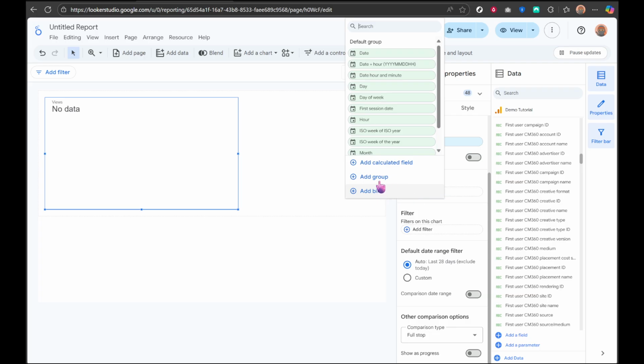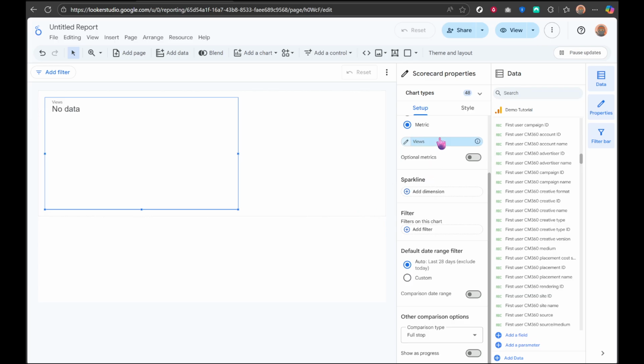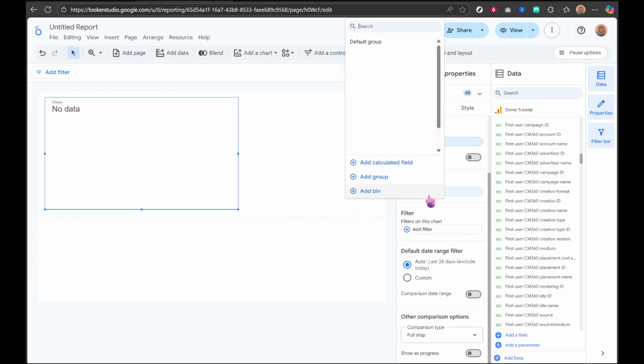Once you've selected your dimension, we move on to one of the most fun aspects of the process, customizing the appearance of your spark line. Switch over to the Style tab where you'll find a plethora of options at your disposal. You can play around with the color of the line to make it stand out against your scorecard. Additionally, you can opt to add a fill underneath the line for some extra visual flair. If you're interested in smoothing out the jagged peaks and troughs in your line, there's an option for that too. This level of customization ensures that your spark line not only provides functional insight, but also fits seamlessly within your